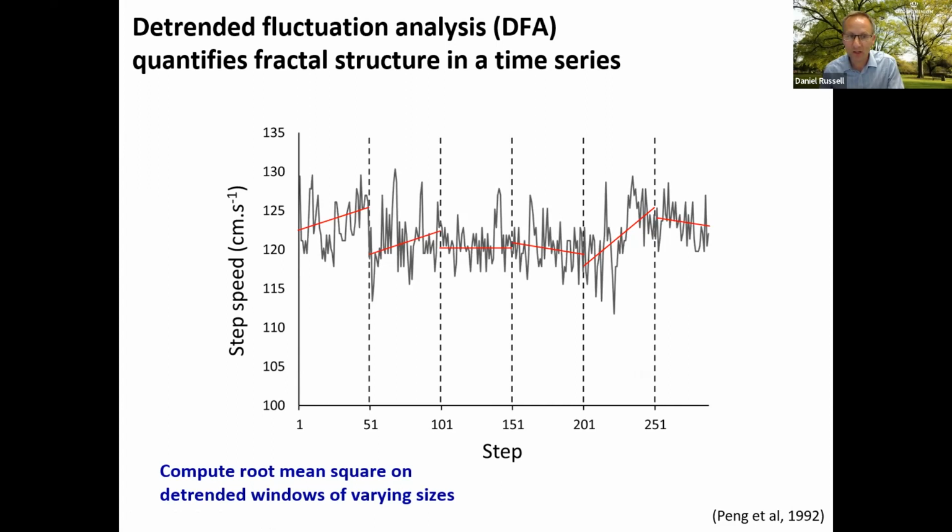These are all the same size windows. We detrend each window with a simple line, and then we compute the fluctuations around that line, so around the detrended data. So we're seeing essentially a root mean square error, a dispersion around that best fitting line. And we repeat this process using different window sizes, a wide range of window sizes, doing exactly the same procedure each time.